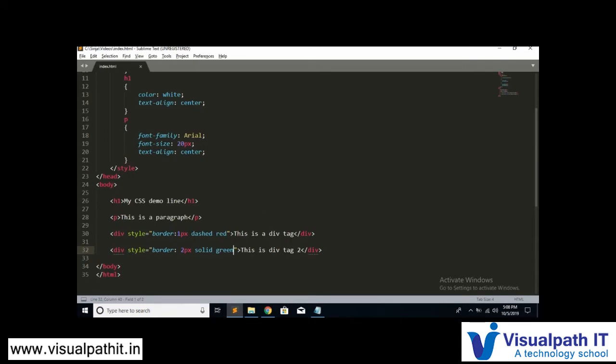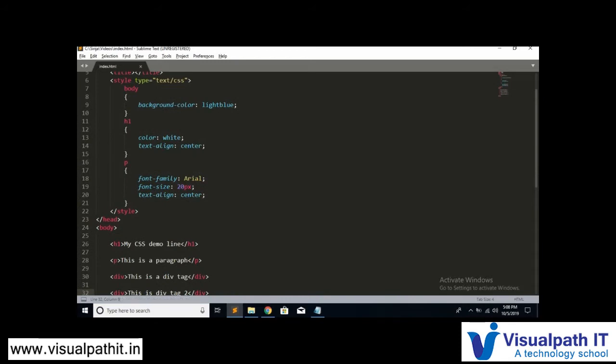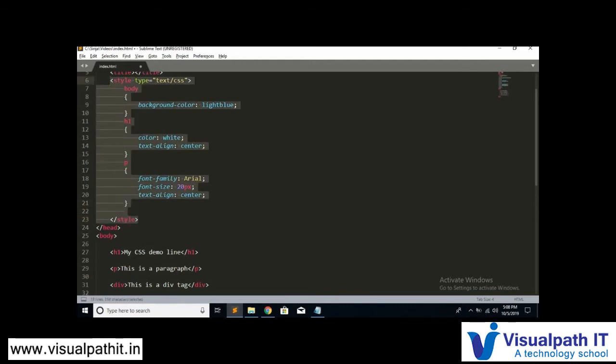For seeing internal, we'll just remove this, and I'll give the properties for the div tag in the style. I've already mentioned that for internal we make use of the style tag inside the head section, right?